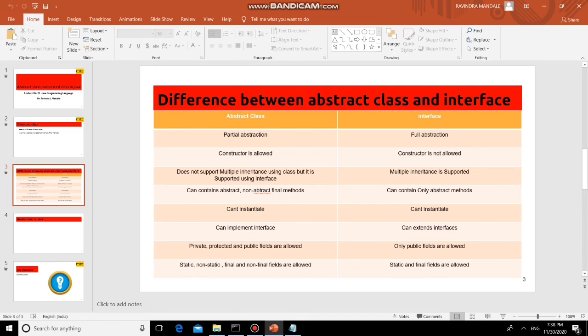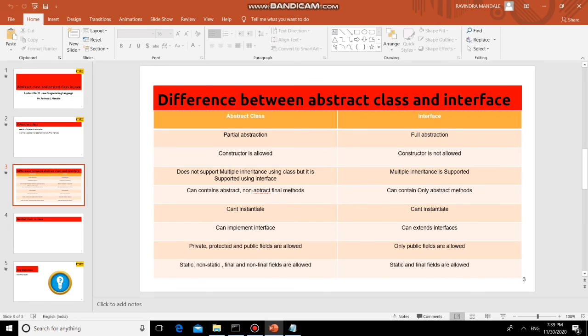The same is true for an abstract class. One abstract class cannot extend multiple classes, but in the case of interfaces, one interface can extend multiple interfaces. And second, one class can implement multiple interfaces. So in both ways we can achieve multiple inheritance using interfaces.